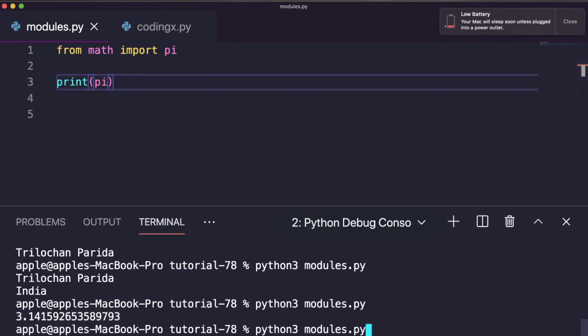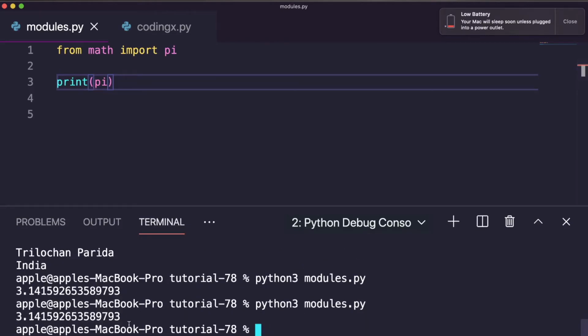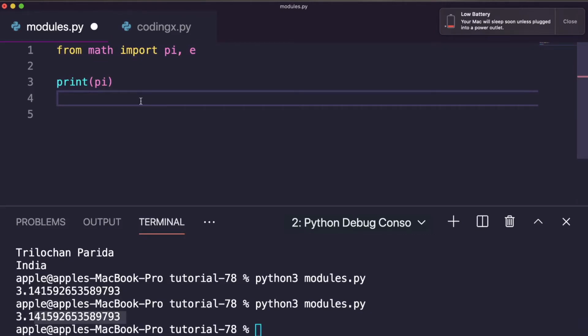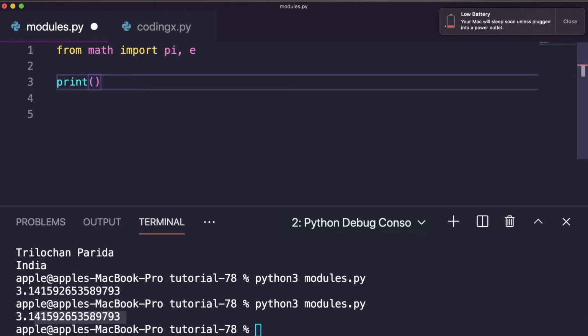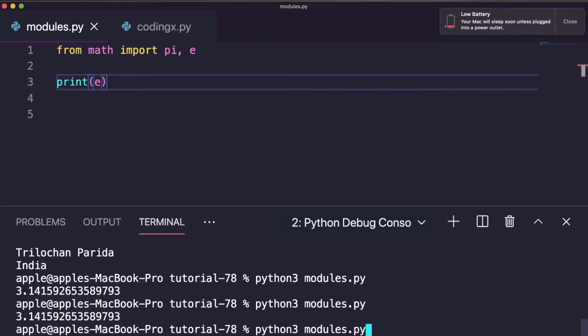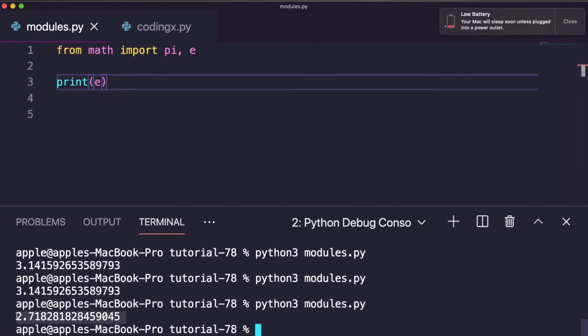So see the result here. Here it is, the same result. So if you want to import multiple, then you can write this comma this. So you can also write e. Let's see the result. Here it is, the e value.